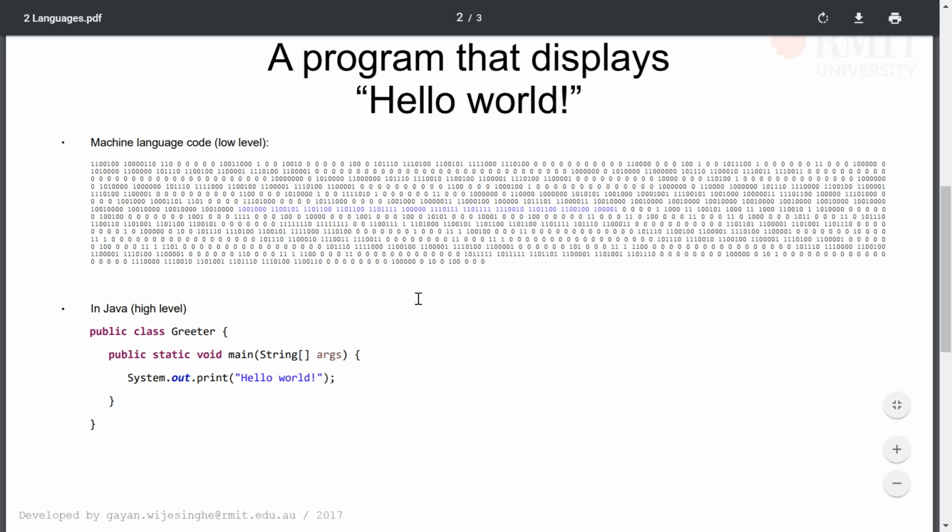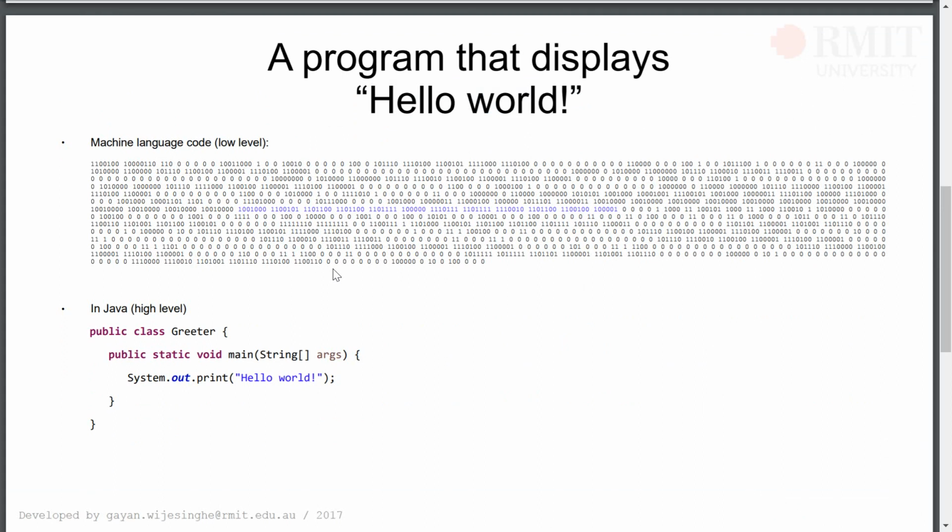So this is not gibberish, this is an actual program that does print hello world, and I have colored this text in blue to point out that those are the binary numbers that correspond with the characters H, E, L, L, O. Earlier we said that H is 1, 2 zeros, 1, 3 zeros, and that's H. This is E, this is L, L. So you can see that these two are the same, and O space, that is 1 followed by 5 zeros,